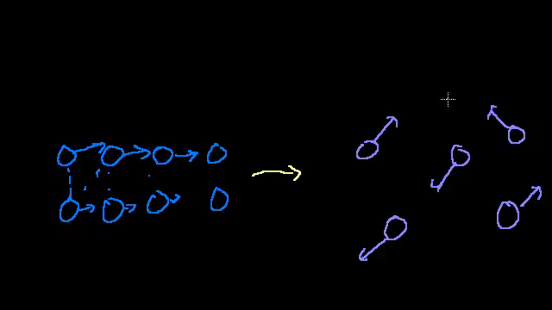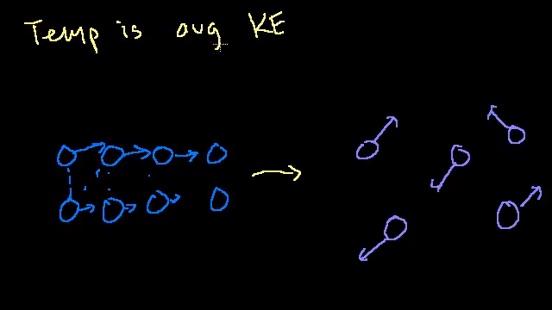Temperature is average kinetic energy, which implies, and it's true, that all of the molecules do not have the same kinetic energy. Let's say even they did, then these guys would bump into this guy, and if you think of them as billiard balls, they transfer all of the momentum to this guy. Now this guy has a ton of kinetic energy. These guys have a lot less. This guy has a ton. These guys have a lot less. There's a huge distribution of kinetic energy.